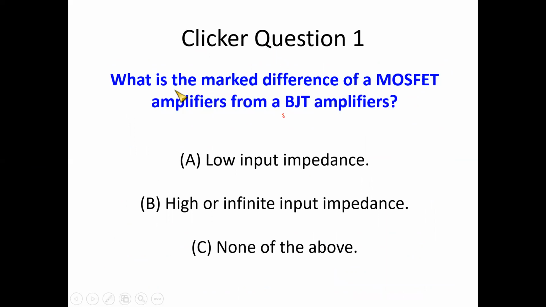So we have here a question: what is the basic difference between the MOSFET amplifier from the BJT amplifier? Whether it is low input impedance, whether it is the high or the infinite input impedance, or it is none of the above. Naturally, the MOSFET has high input impedance compared to the BJT amplifier. In the ideal case, we generally consider the input impedance of the MOSFET to be equal to infinite. With this, we come to the end of the